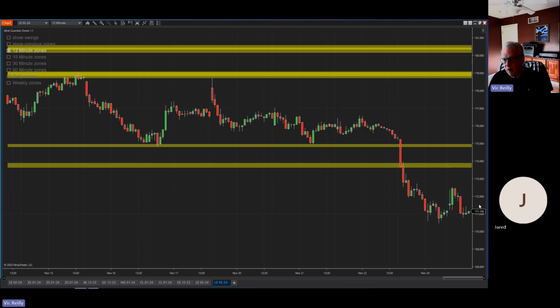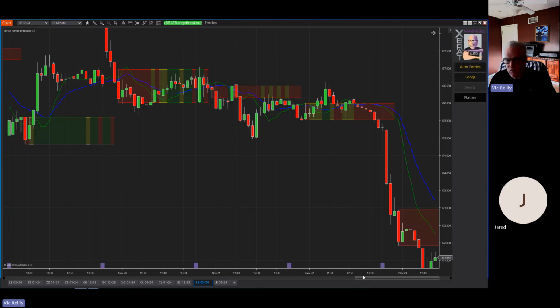And here is a much better setup. There's a lot more fresh air above here. So if this was an asset that traded very quickly, then I wouldn't worry about looking at all the support zones on the Guardian Zones here, and just look at the ones closer. Or you can even look at previous zones and see if anything maybe pops up in there. It sounds like you're familiar with the Guardian Zones, but that is another thing that I do employ: just looking at the Guardian Zones and saying, okay, I could let this run,